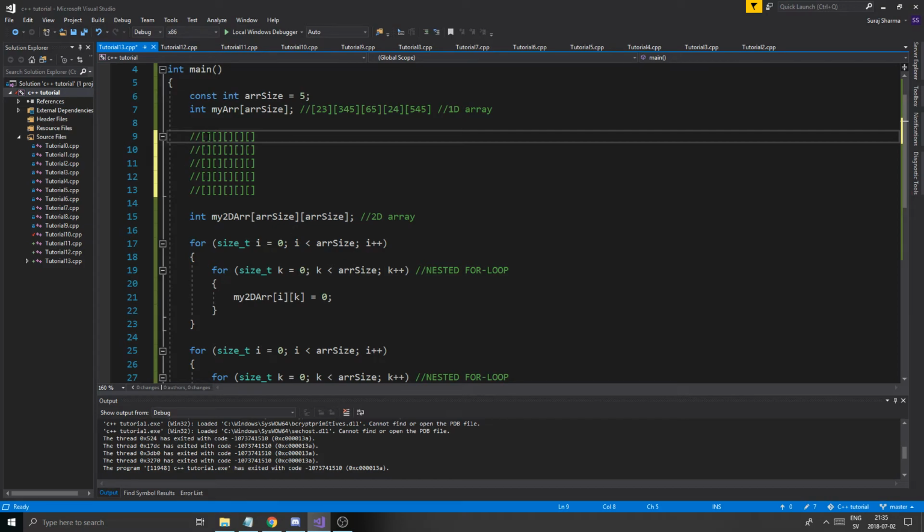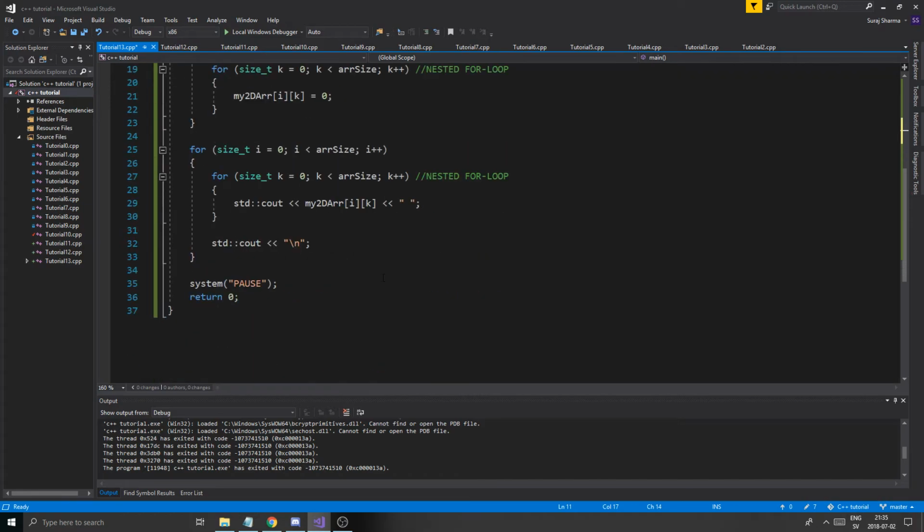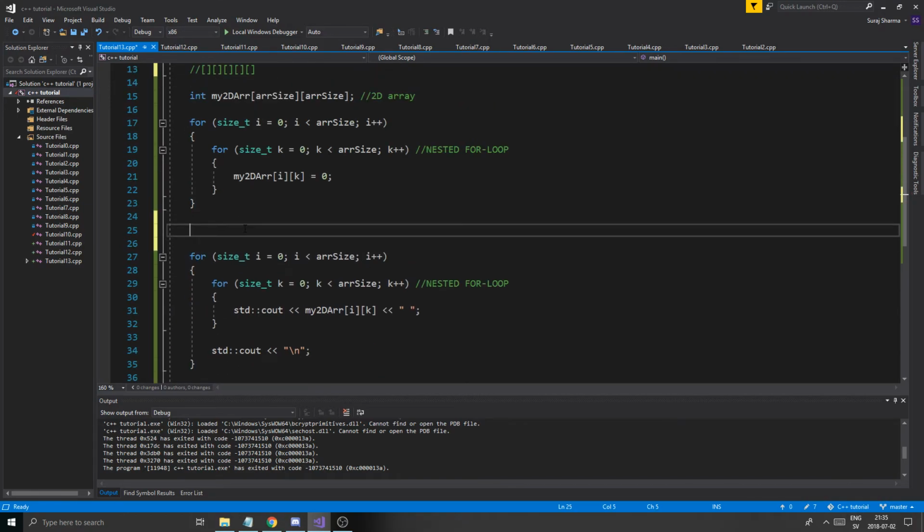So the way we're printing it out is, this is 0, 0. This is then 0, 1. And this is 0, 2. This is 0, 3. And this is 0, 4. And this is 1, 0. Now this isn't the data in them, this is the code they have, this is their index, this is 1, 1 and so on and so on. So it's this way instead, and I can visualize that by actually saying my 2D array at position 0,